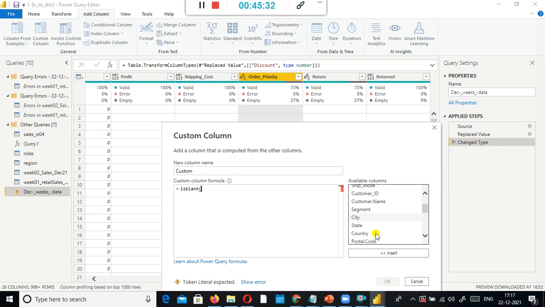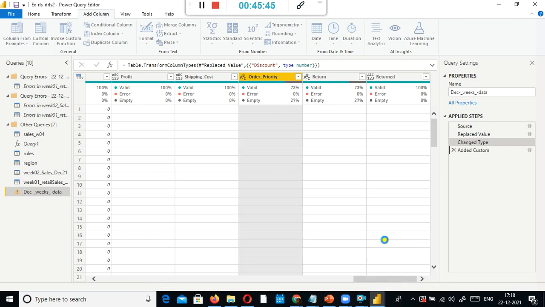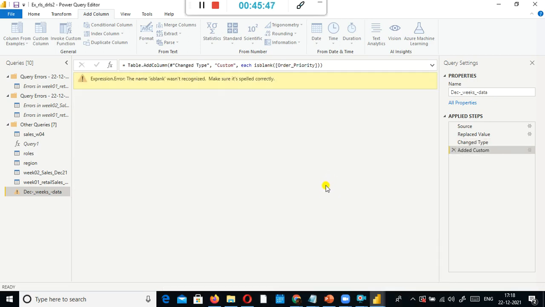Let us use this one, order priority. I just selected this, and when I close the parenthesis, no syntax error, click OK. What is my new column? Okay, is blank was not recognized. Make sure it's spelled correctly. Okay. So here you cannot do it.